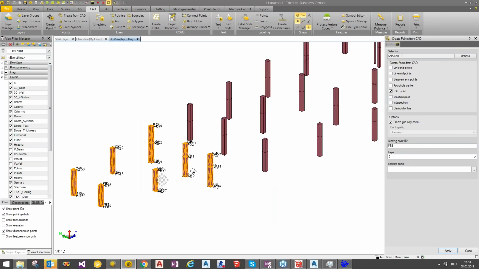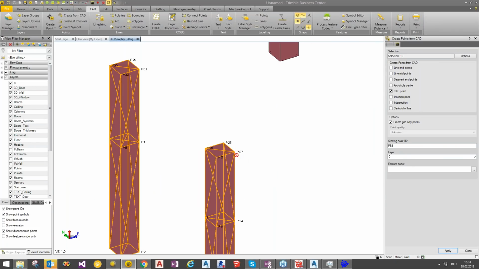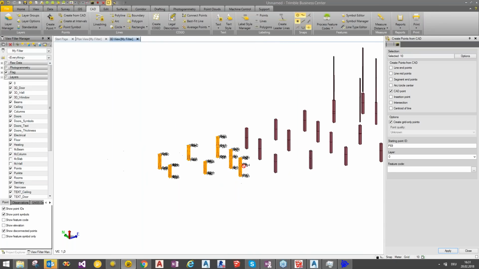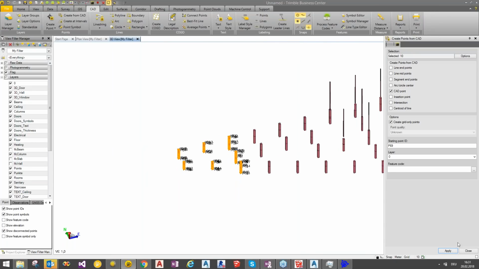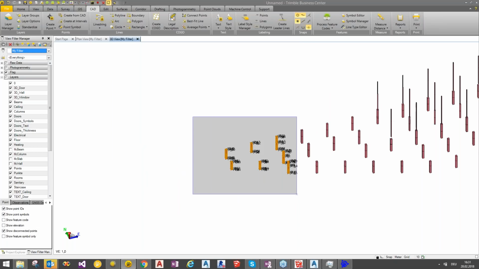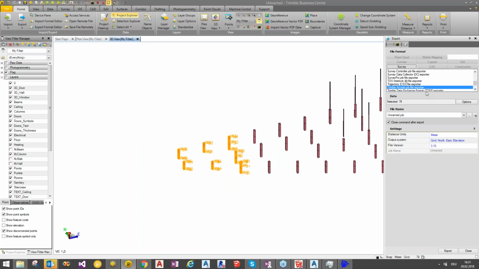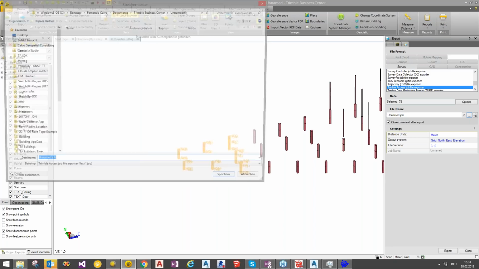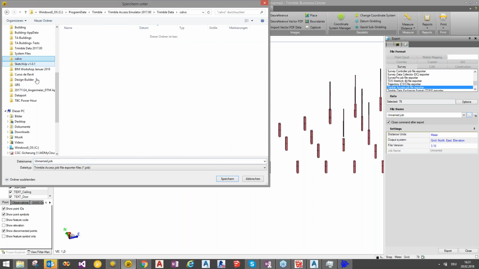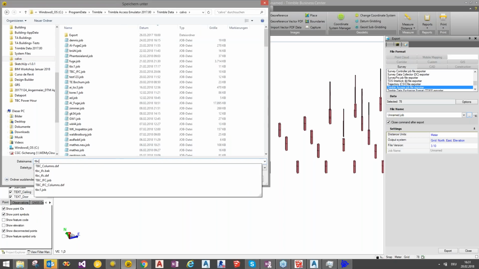So we have the points there. You see at each corner, and it would be a very easy task just to close this, select the points that we want to export to Trimble Access, for example. We can also export to CSV or whatever. So we just create the file inside my project folder. So this is TBC